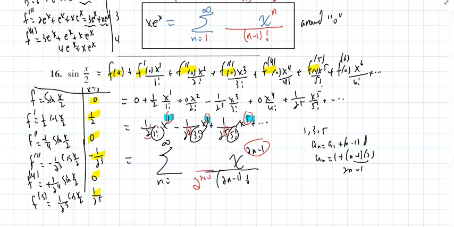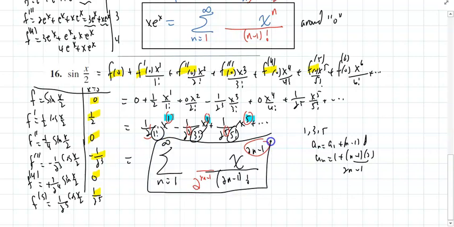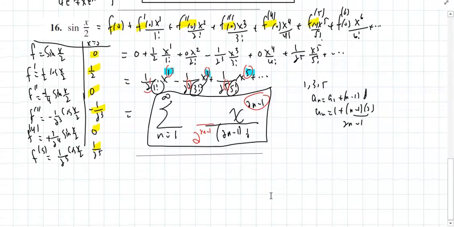And now I'll check if I could start at 0. This wouldn't work. If I start at 1, that would work. And there it is. That would be the answer to this problem. So the goal here is to take any function that you see in math and write it as a power series. And I want to do one more,